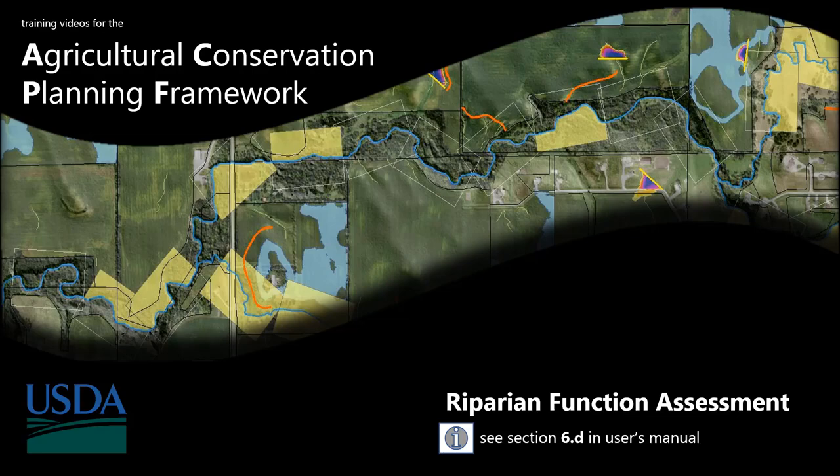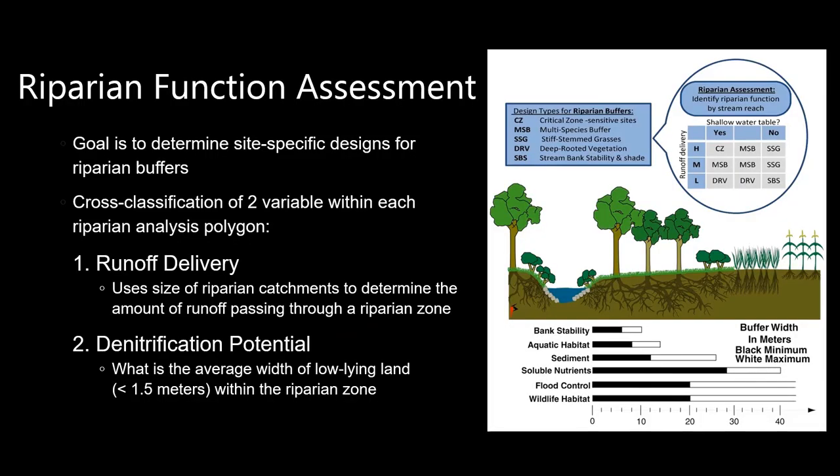In this video, we're going to go over the Riparian Function Assessment tool. This tool will determine site-specific riparian buffer designs for each riparian catchment. The designs are based on a cross-classification between two variables, the runoff delivery, which is calculated by the riparian catchment size, and the denitrification potential based on the water table depth,